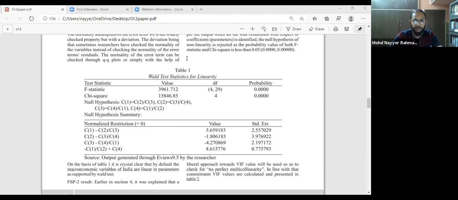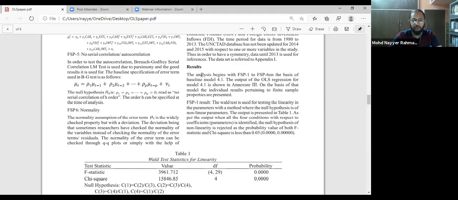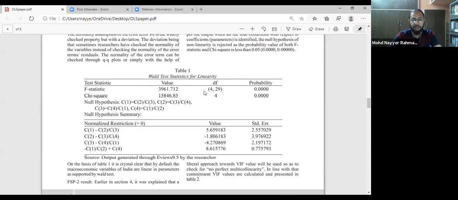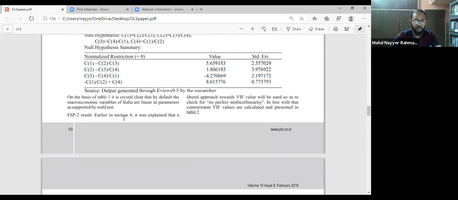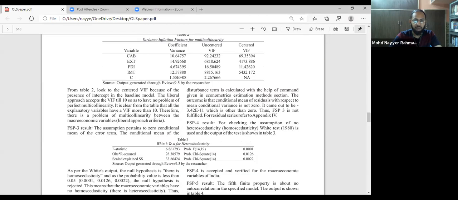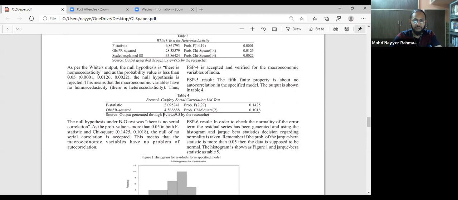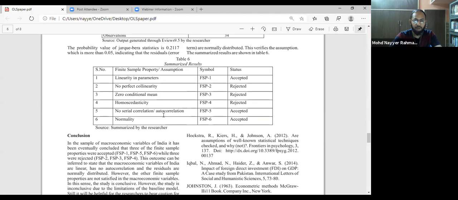I have used real-time data of Indian economic series to apply and show researchers how to do that. What kind of statistics to be used for checking linearity? One of the best statistics to use for checking linearity is the Wald test statistic, which you can use with normalized restriction parameters. These are the parameters which are normally restricted. So you can read and apply through these techniques. Then variance inflation factors for multicollinearity, White's test, BG serial correlation, and then fundamentally the histogram, and you have all the conclusions.